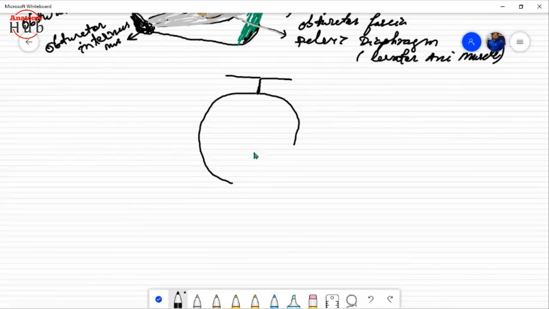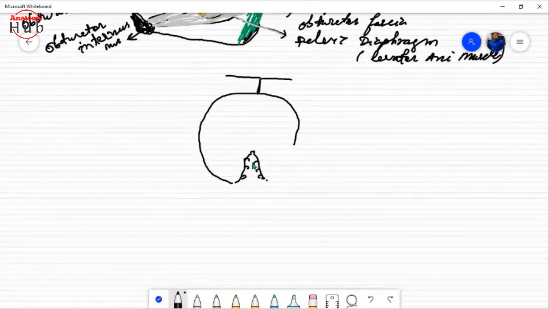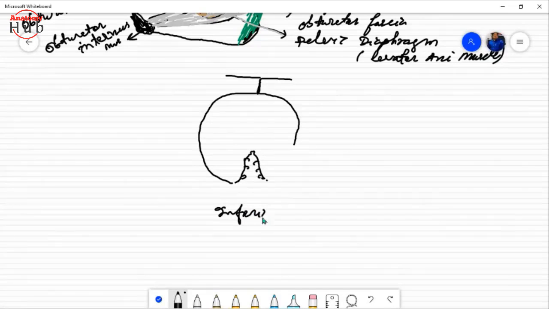So you are just looking from below towards the top, right? So at this point what you'll find is the presence of your sacrum and the coccyx over here. So these are the sacral hiatus over here, right? You are standing on the ground and you are looking to the top, so it is the inferior view